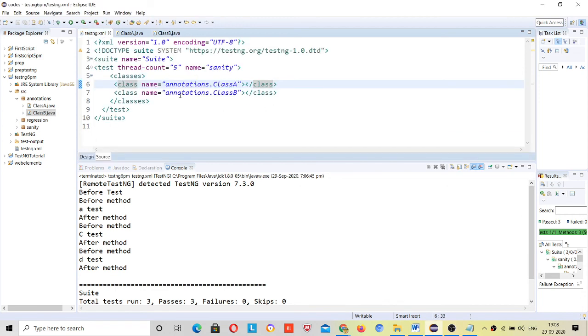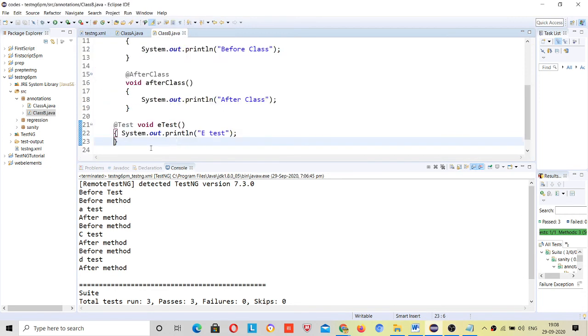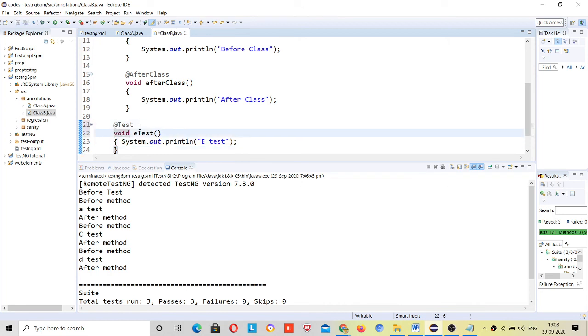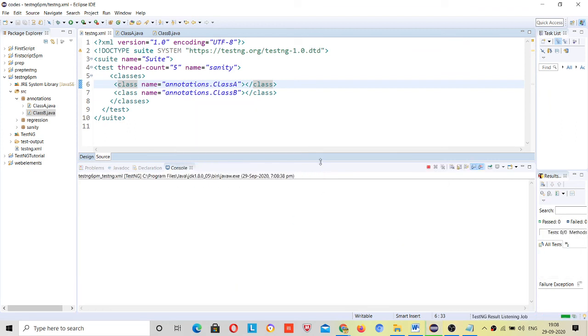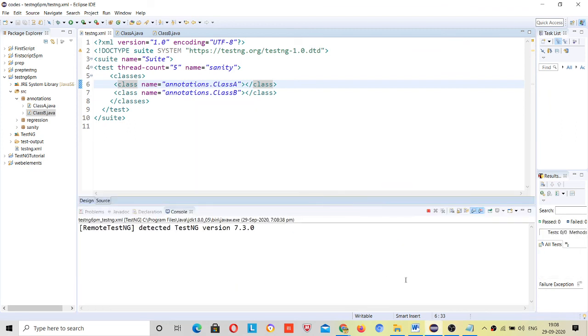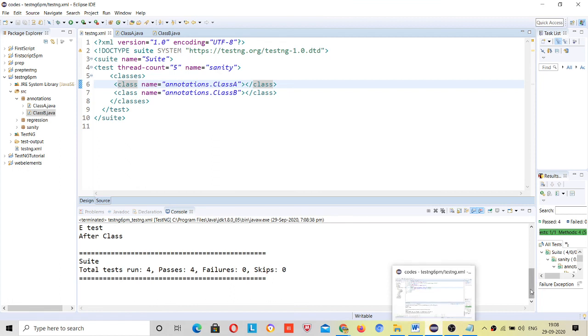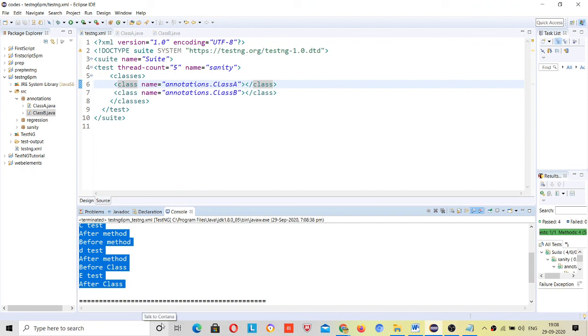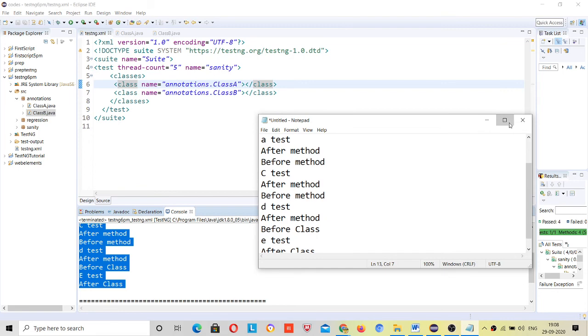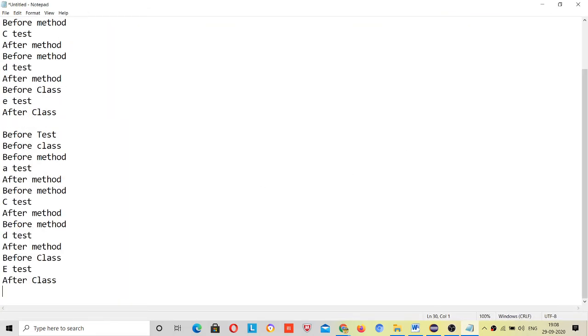Let me make it better. See, if I copy my result and match it with the same, you can see that.